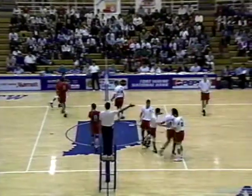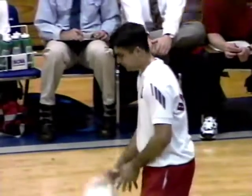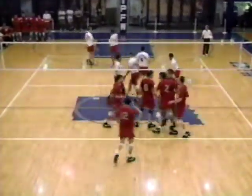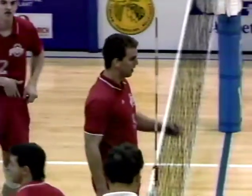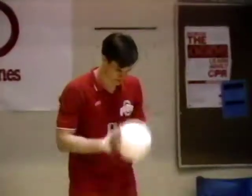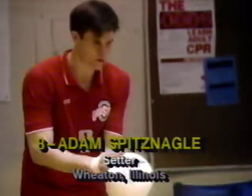Bengoa up with it. Go ahead, Tim. I want to hear you pronounce that name. Dan, he just didn't turn around in time there and didn't realize the ball was still in the air. The 9 player right here. There he goes. He's very effective offensively, as you can see. It's just his defense he needs work on. He needs to work on his blocking and his digging. And once again, he needs to realize where the ball is at all times on the court. He's a freshman, too, so he's going to make those kinds of mistakes, losing track of the ball in a